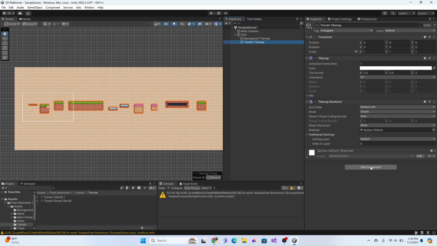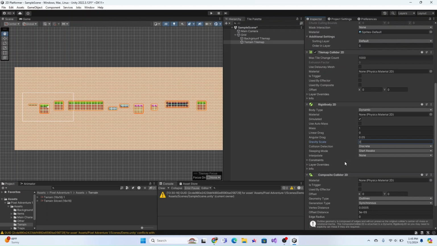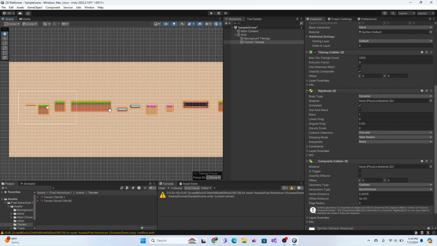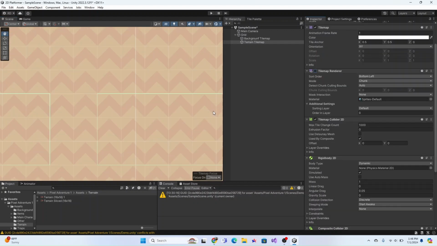So the tilemap collider 2D, we're also going to want to add a composite collider 2D, and you see that also adds a rigid body 2D. You can change the gravity scale to 0, just so it doesn't fall down. And then the composite collider 2D is right here. And then in the tilemap collider 2D, there's a little check that says used by composite. If we click this check, instead of every single tile having a collider around it, just all of these, this has a collider around it. If you look really closely, you can see the green line, but you can see it better if we turn off the tilemap renderer. And then for the background tilemap, we can turn off